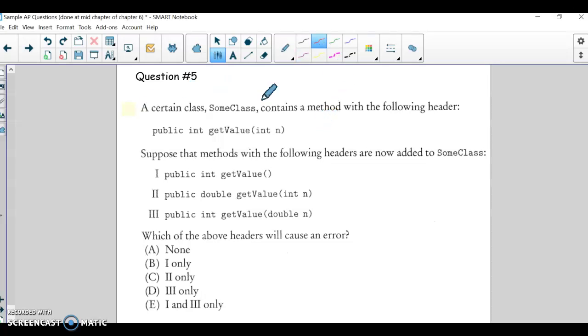All right, so question number 5 here. We have this method heading, and we have these other methods that are going to be in the same class, and so which will cause an error? So again, hopefully you had a chance to try this, and the solution here is the signatures can't be exactly